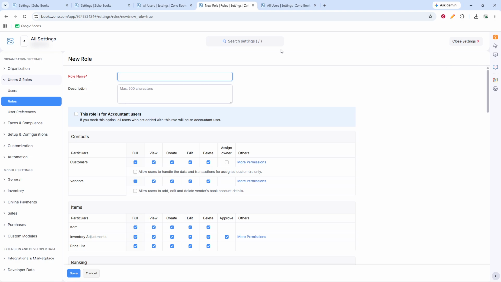Enter a role name that clearly identifies the purpose of the role. You can also add a description if you want to note what kind of access this role is meant to include. The description is optional, but it can be useful when multiple people manage users later. If this role is intended for accountant access, check the option labeled "This role is for accountant users." If the role is not meant for that type of access, leave that option unchecked and continue to the permission